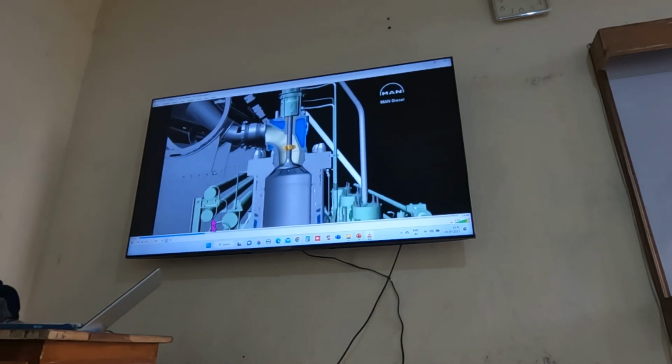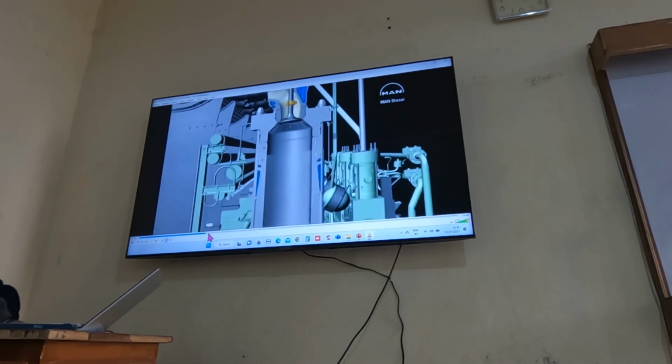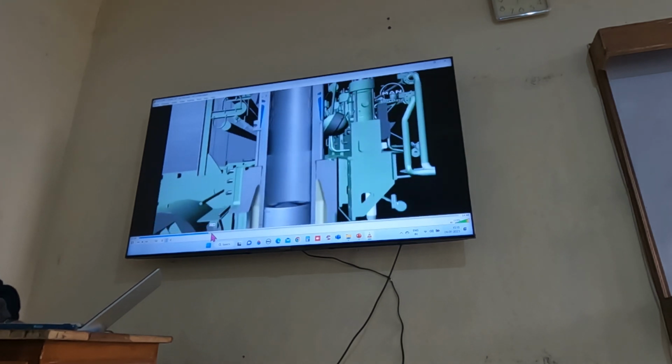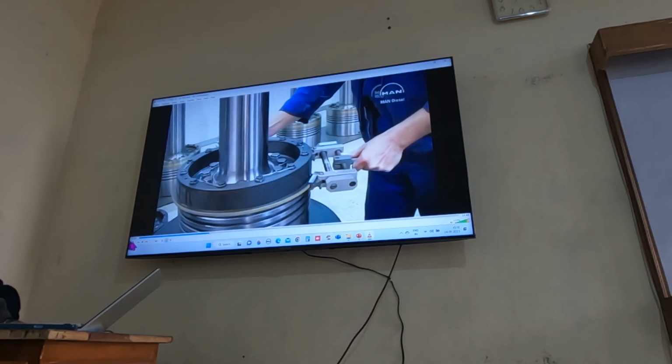Powerful forces are at work in a big marine engine, and accordingly, the engine parts are of major dimensions. To provide sealing against the high